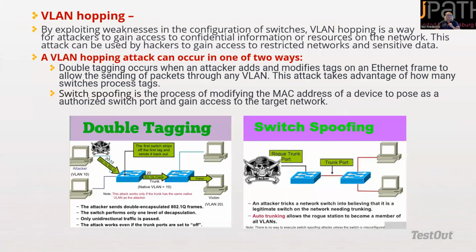With VLAN hopping, we're looking for weaknesses in the configuration of the switches, right? VLAN hopping is a way for attackers to gain access to confidential information or resources on our network. This attack can be used by hackers to gain access to restricted networks and sensitive data. Once they get access, and a lot of times this comes from authenticating and what permissions we've given people,